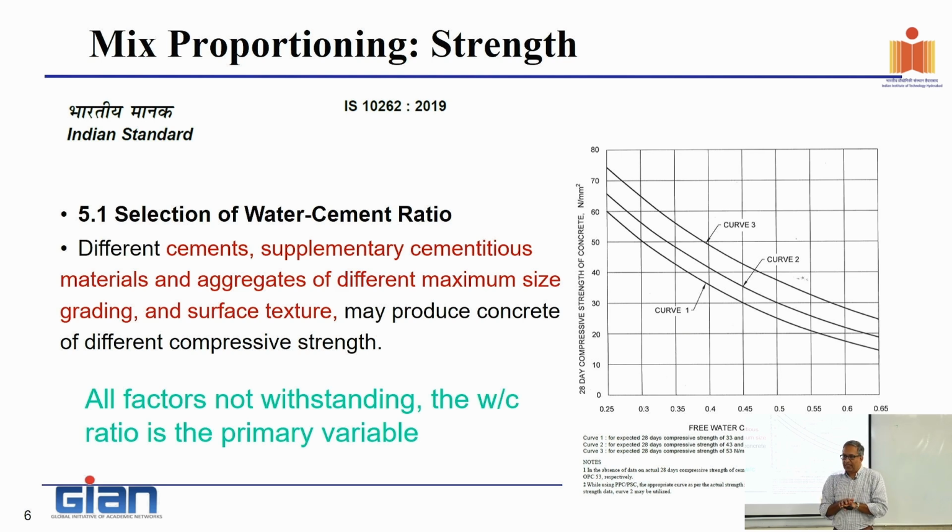Two things happen because of that. What are the two things? My cost goes up. There are no free lunches. When I try to do something, something else goes wrong. So what happens when the cement content goes up? My economy goes for a toss. So unless I have a really good reason, I'm not going to do it. What is the other thing? The rheology of the paste depends upon the water to cement ratio. So my workability will take a hit. We have to expect both of these things to happen. But fundamentally, this is the graph that is available in IS 10262, which relates the water to cement ratio to the strength. And we know it's an inverse proportion. This is now actually given in 10262.